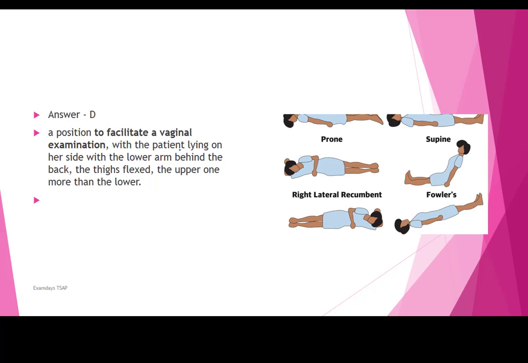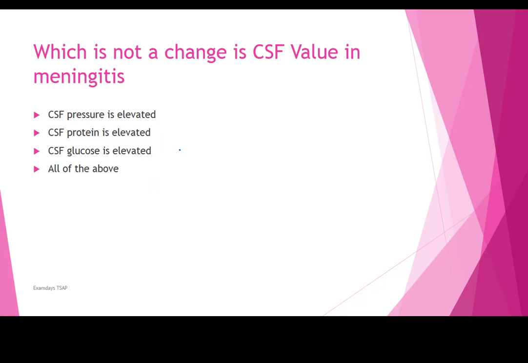So these things are flexed. Okay, so this upper one is more than the lower. It's prone, supine, and right lateral, recombinant, and foral. It's also given as information for understanding purposes. Moving on to the next question, which is: which does not change in the CSF value in